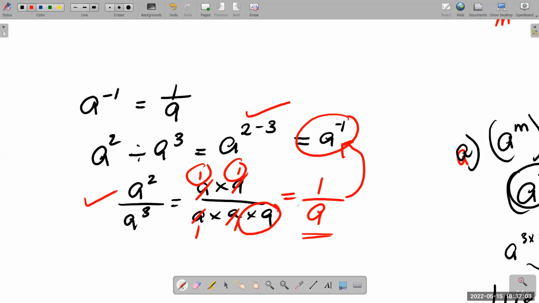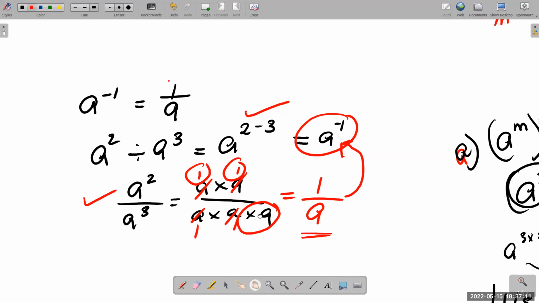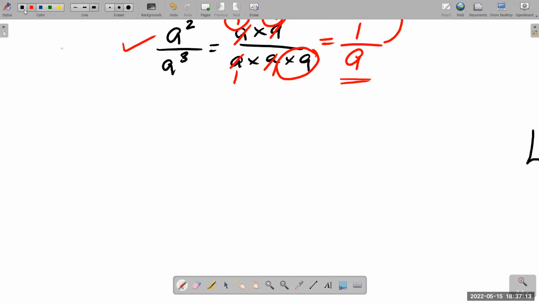All right, so guess what? We are done with this. So let's quickly do some examples with the actual rules. Let's make sure we understand because we have to make sure we know what to do if a question comes. So let's look at this. 3a squared b to the 4th power times 2a4 b2 divided by